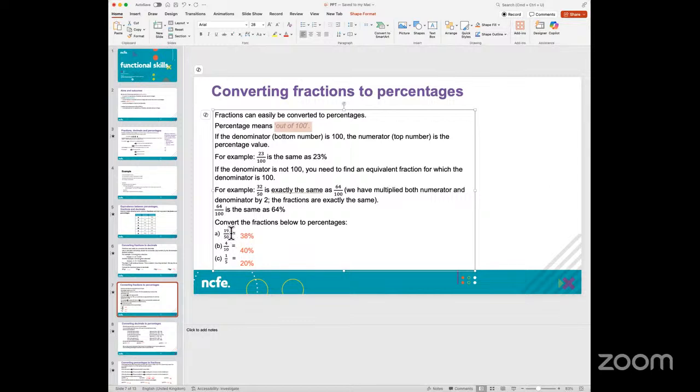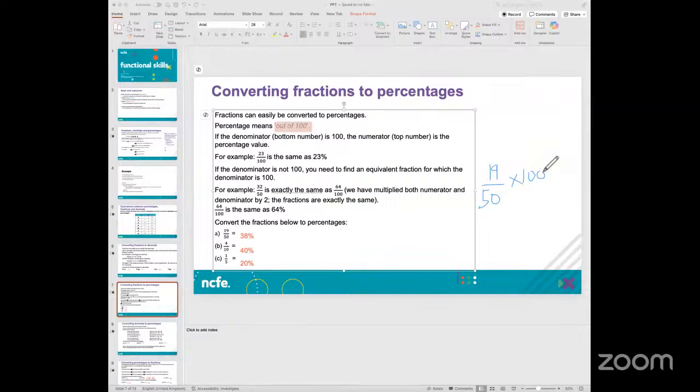Now, let's look at a question here which is given as 19 by 50. Express 19 by 50 as a percentage. How would you go about doing that? First things first, I'm going to look at 19 by 50, and that is the number that I need to now express as a percentage. As I mentioned, when you have to convert a fraction into a percentage, every time you have to keep in mind that you have to multiply that by 100.